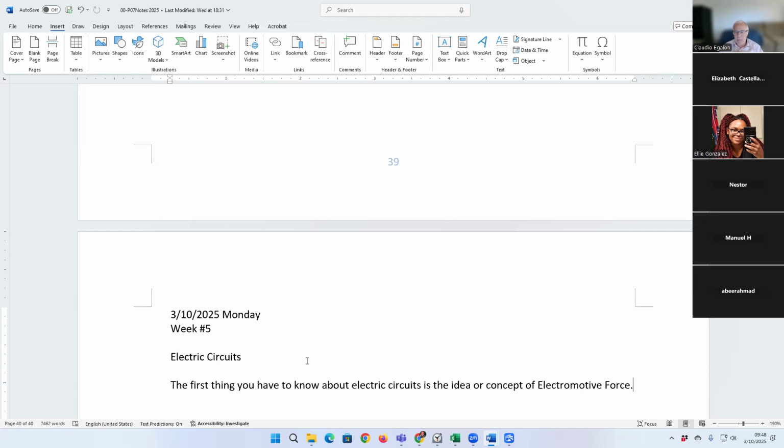Electromotive force. In electric circuits, we use a source of electromotive force